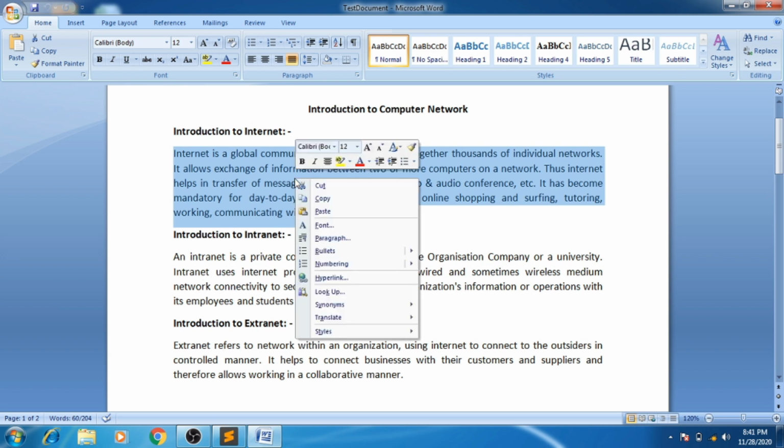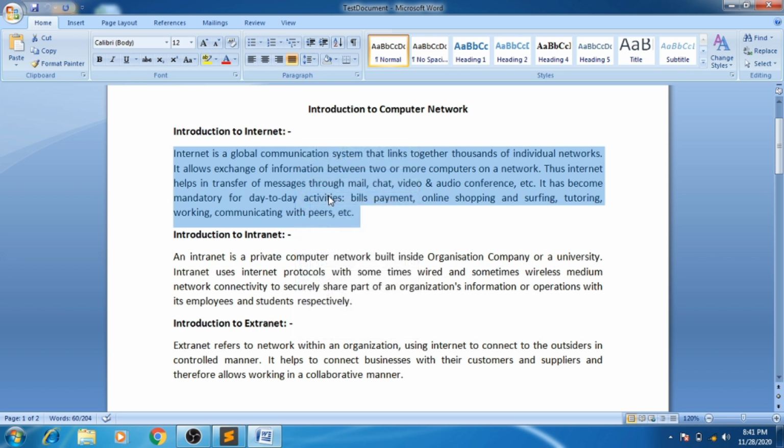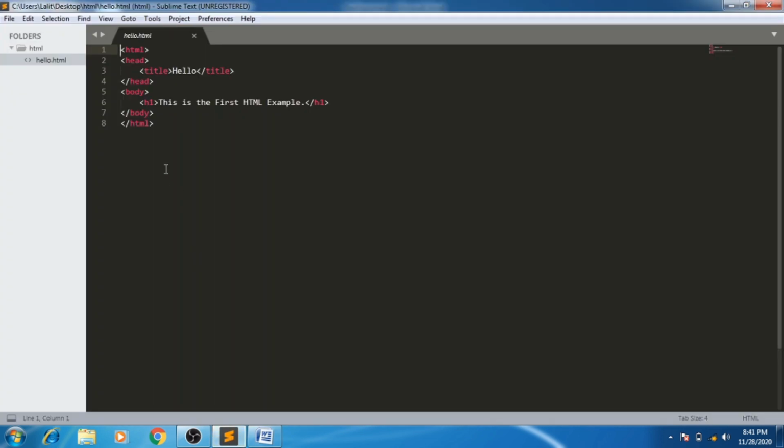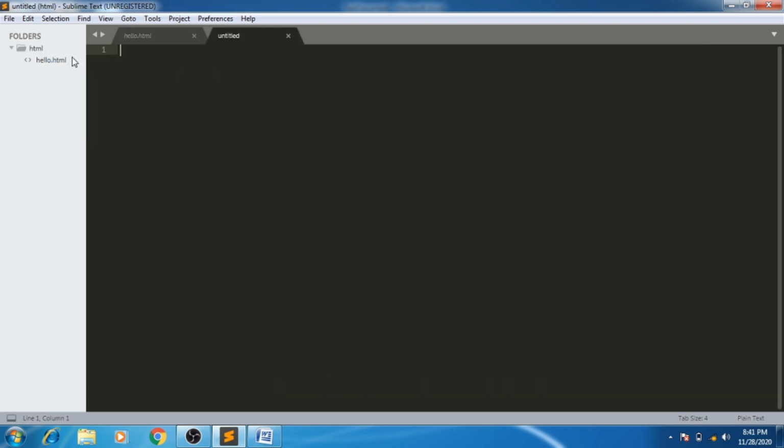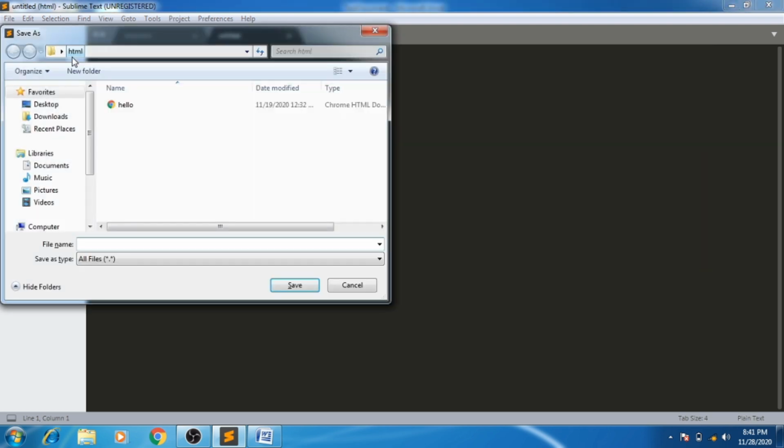Right click, copy, and go to Sublime Editor. Create a new file by right click on HTML folder and select new file option and give the name second.html and save the file.